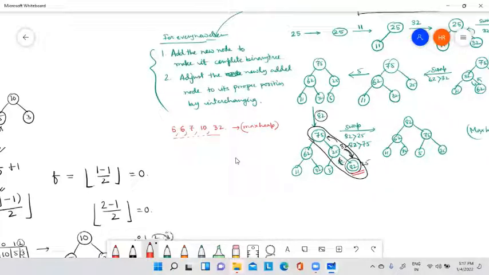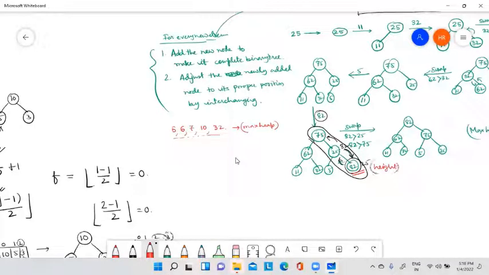Okay, now see, when I am putting 82 in this position and then adjusting it to its proper position, how many comparisons is it doing? It is actually doing it with the height.